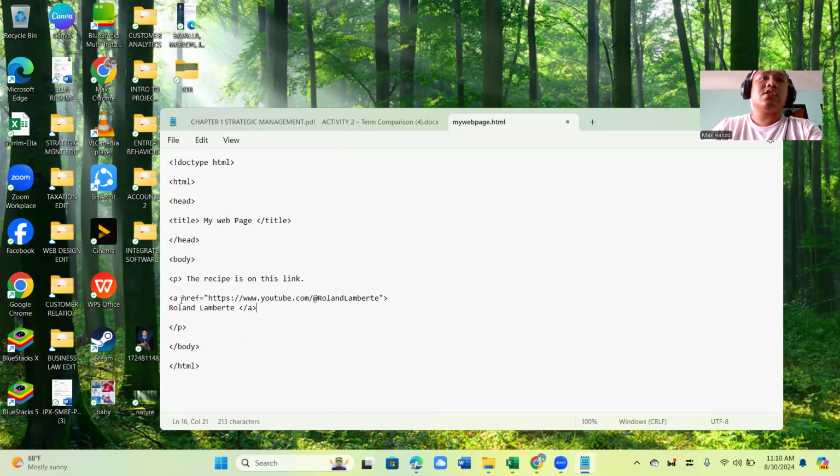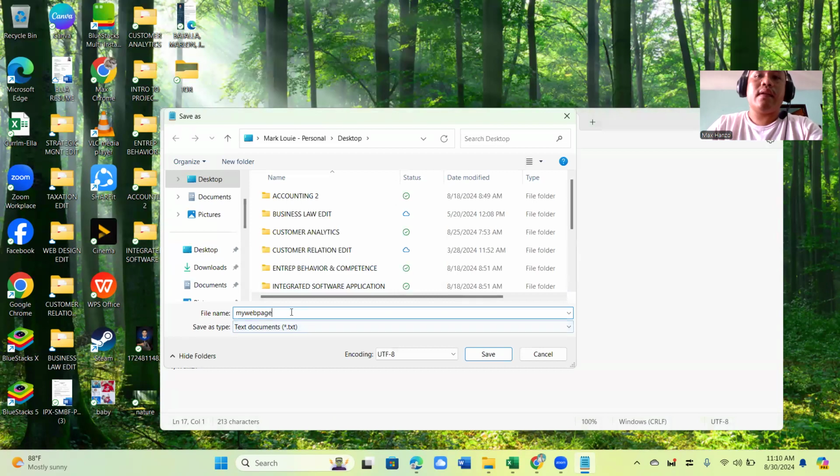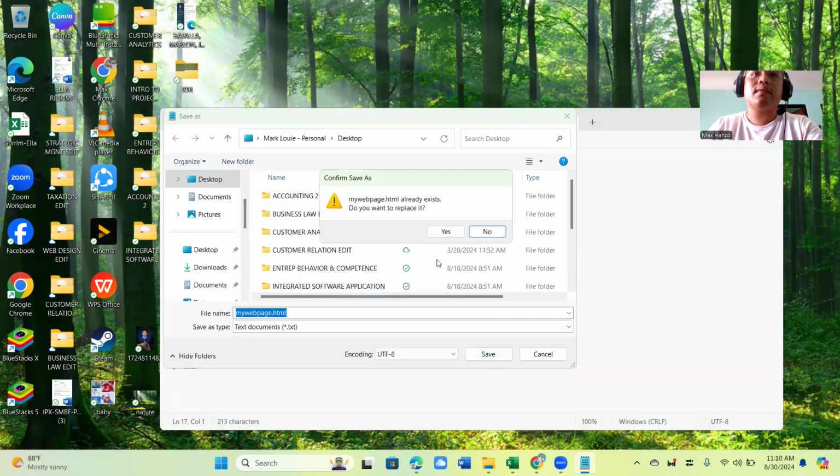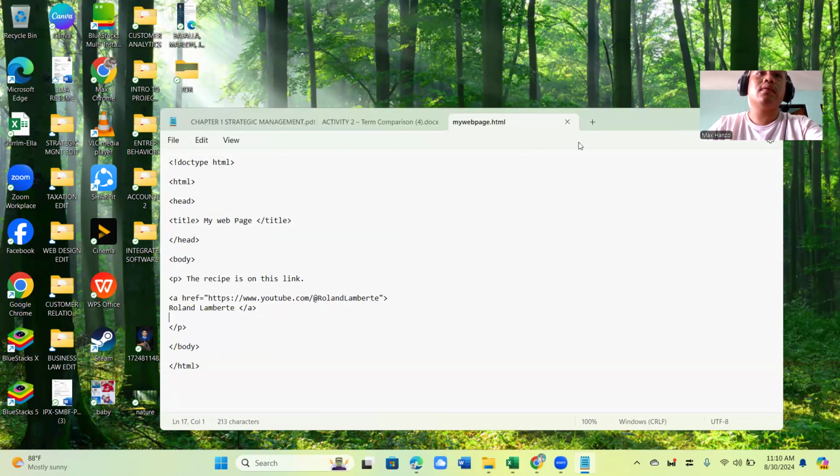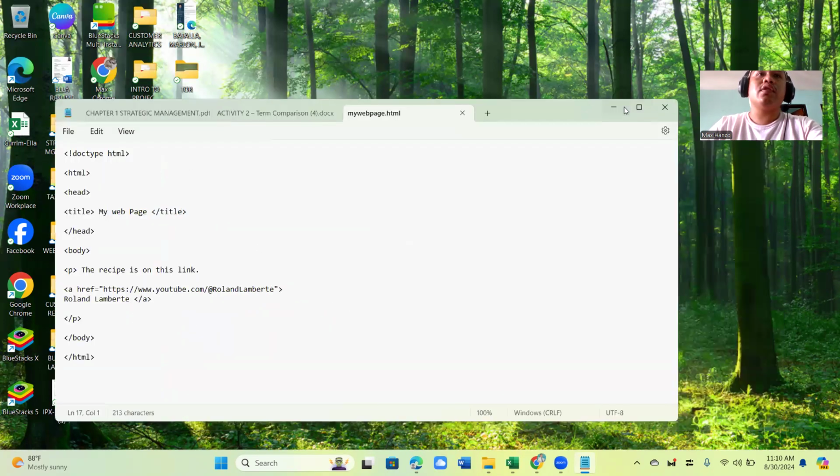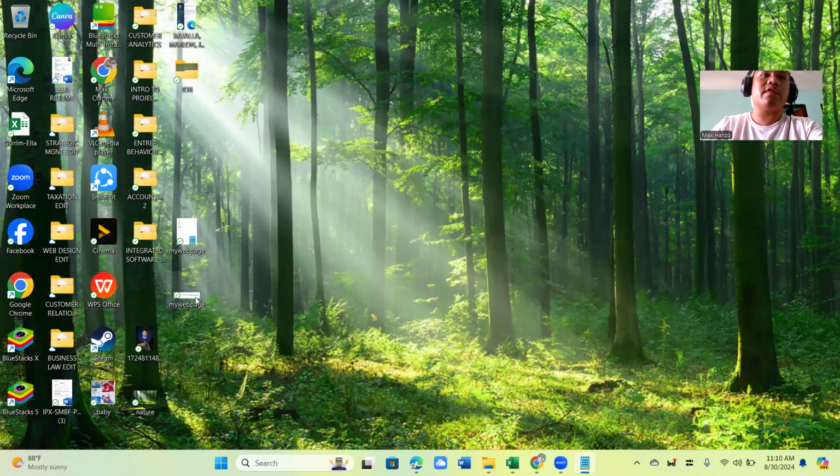And then since we have opened this up with the opening tagging of A, let's make sure that we're also closing it with a closing A tagging. So let's see if it's going to be successful. A and then HTML. So there you go. This is the one that we have created, my web page, and let's see if it's working.